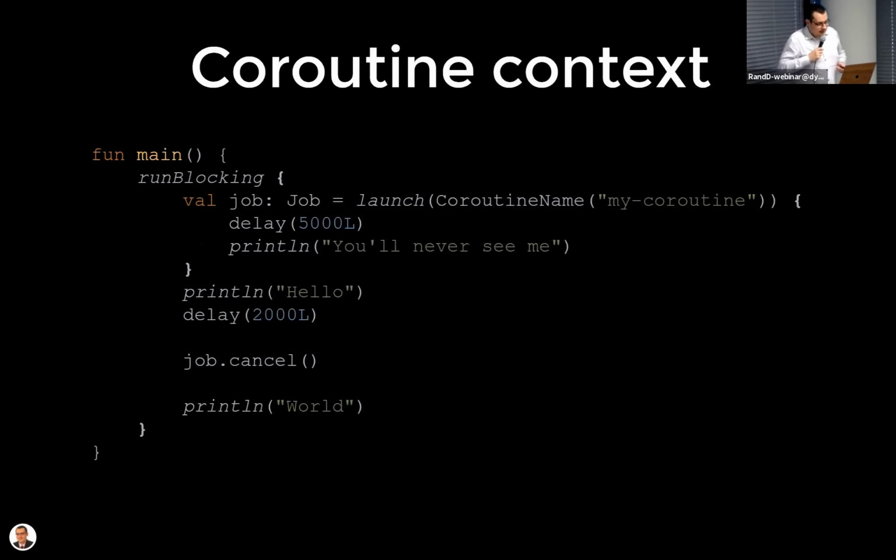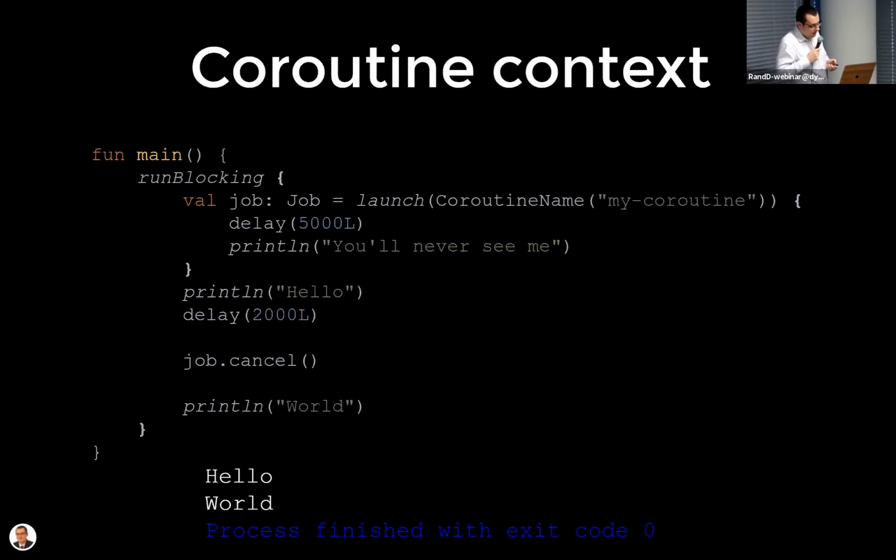Yeah, and let's see the coroutine context usages in this simple example. So here in launch, as a parameter, we can pass the coroutine name. So this would be pretty cool. And the launch, as I've mentioned, is fire and forget. But if you don't want to forget about it, you can, of course, grab the return value, and it would be a job object. And then you can, of course, cancel the job or join it or whatever you want. The code that you will see here will, of course, correctly cancel the coroutine,